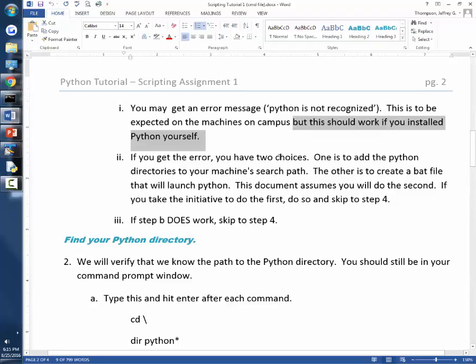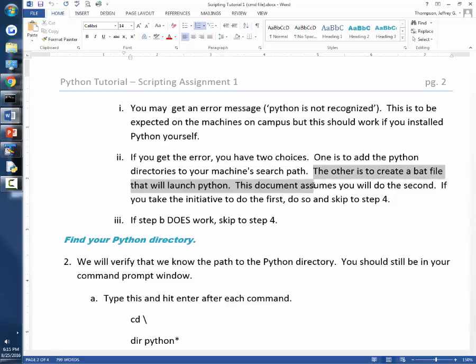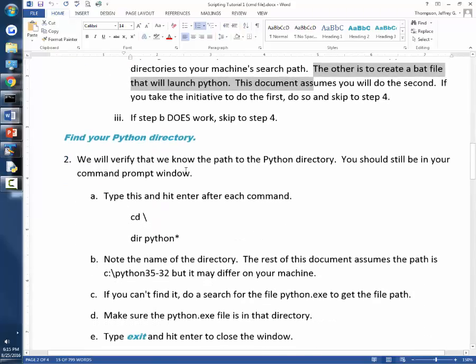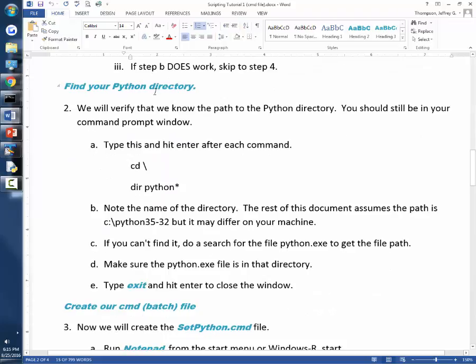If we get the error, we have two choices. One is to add the Python directories to your machine's search path. The other is to create a bat file, actually a CMD file, that will launch Python. This document assumes that we're going to do the second. So here we go. Find your Python directory. We need to find the Python directory, and the directory differs based on whether you install the 32-bit version or the 64-bit version. If you've installed the 64-bit version, then you need to find the path